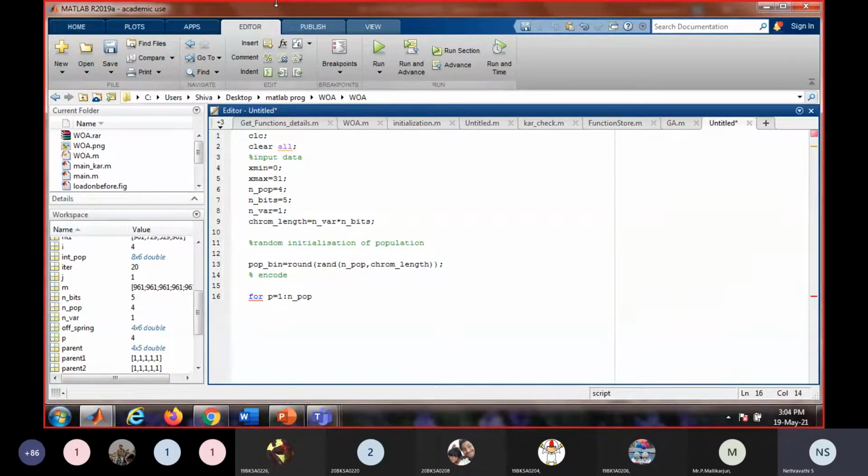We have to convert 4 values. 4 is nothing but our n pop, so up to n pop. Once you start a for loop, don't forget to end it, otherwise you will get an error. String is equal to, we first convert it into a string.